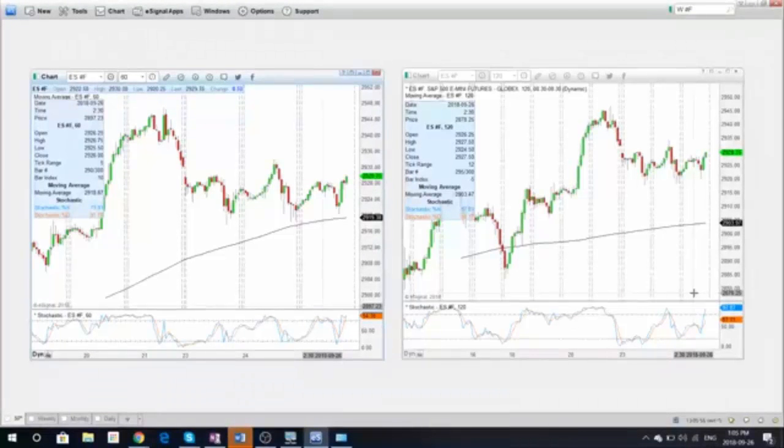Now, the only way you could really understand what I'm looking at is by spending the time. It's not going to happen in a day. It's not going to happen in a month. It's not going to happen in 3 months.